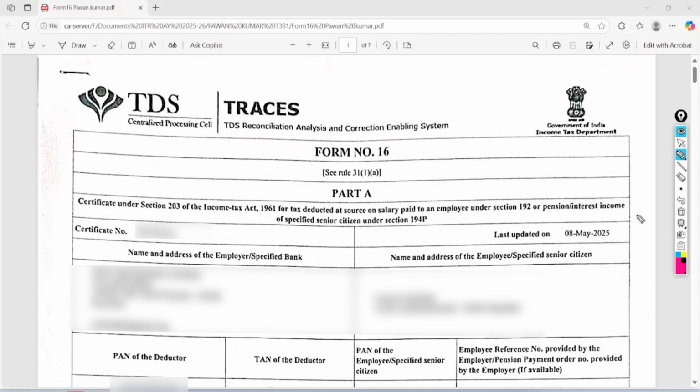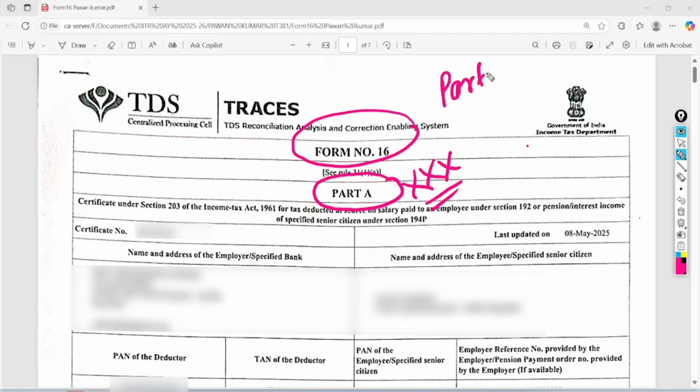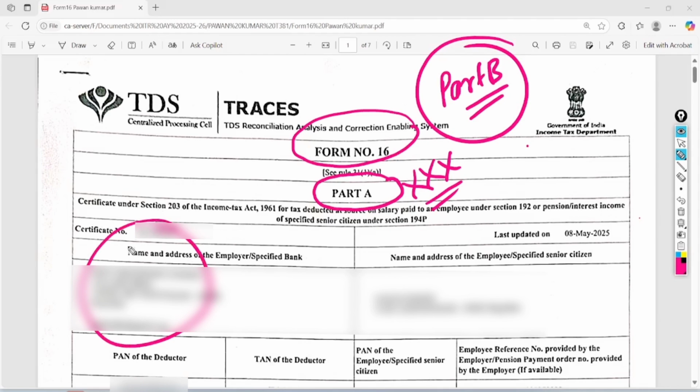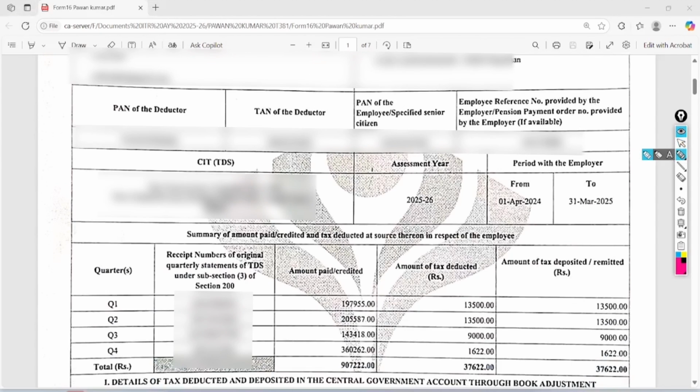So friends, we are going to file ITR 1 with the help of Form number 16. As you know very well, there are two parts of this form, Part A and Part B. Part A is not that important because in Part B you will be able to find a detailed analysis of your salary breakdown. So here in Part A you will be able to find the name and address of your employer, the name and address of yourself, and here you will be able to see the period for which this Form 16